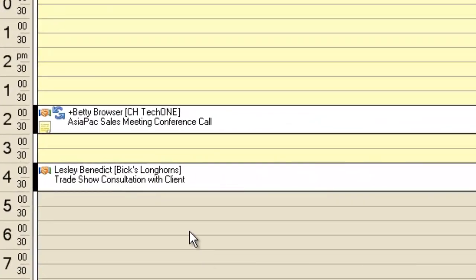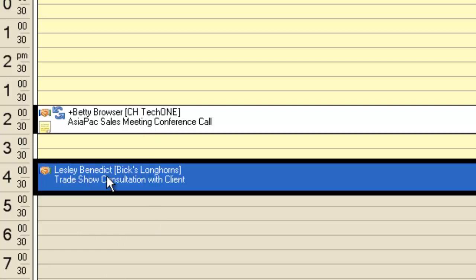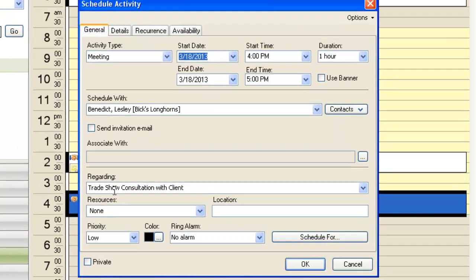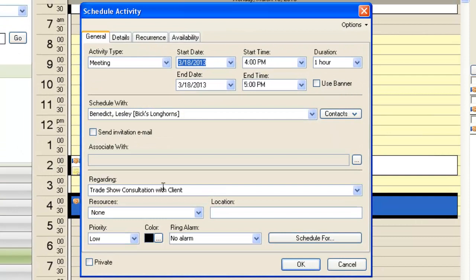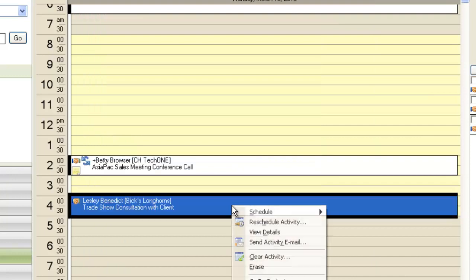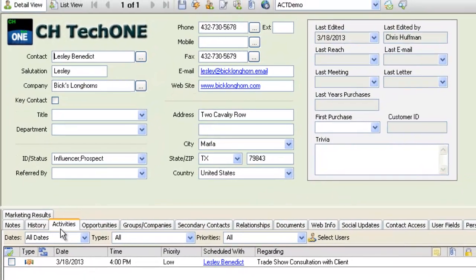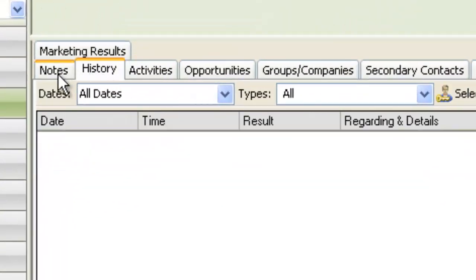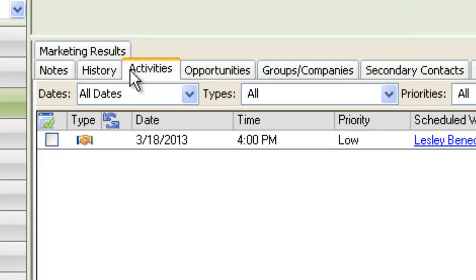So what we have in Act is two items here, and one of them is Leslie Benedict. If we open this, it's basically a trade show consultation with the client. So if we go to the contact, here's Leslie Benedict, and there's the history and the notes. So we have empty history and notes, and we'll see how this works with the implementation of